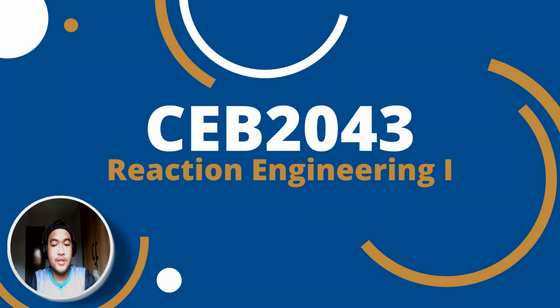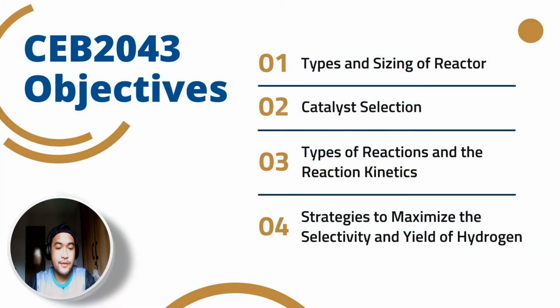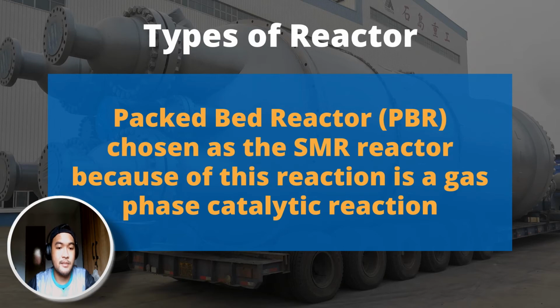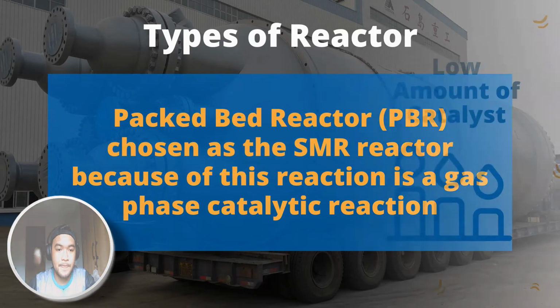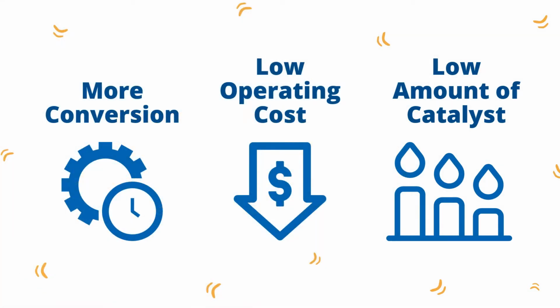Next, for CEB2043, Reaction Engineering 1, here are the objectives that will be discussed: types and sizing of reactor, catalyst selection, types of reaction and the reaction kinetics, and finally the strategy to maximize the selectivity and yield of hydrogen. For the first one, PBR will be chosen as the SMR reactor because this reaction is a gas phase catalytic reaction. PBR is chosen because it yields more conversion, has low operating and maintenance costs, and requires a low amount of